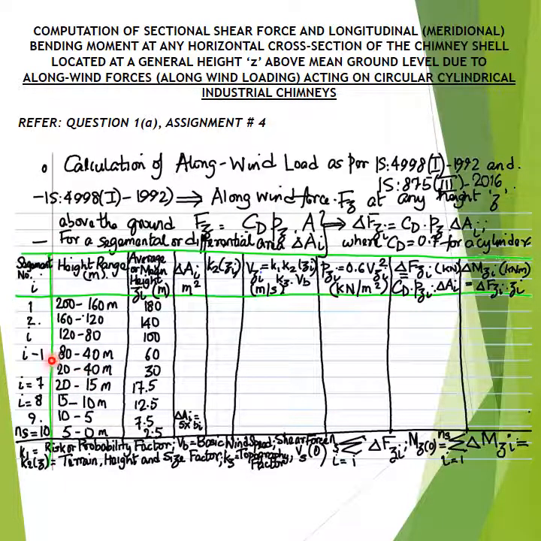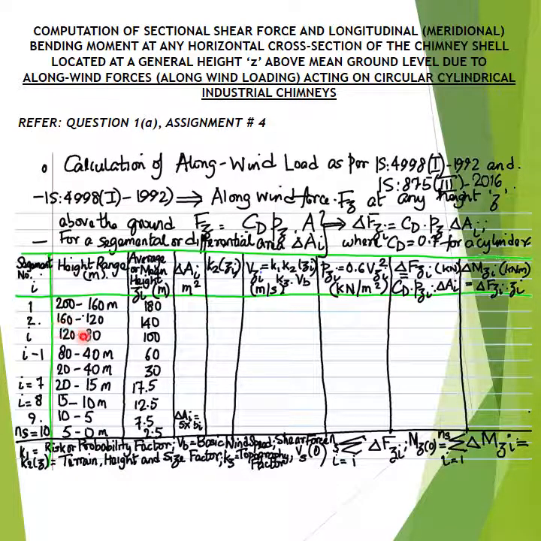For example, 0 to 5 meter, 5 to 10 meter, 10 to 15 meter, and 15 to 20 meter, since the design wind pressure or the design wind speed above the mean ground level exhibits maximum non-linearity with respect to the height up to the gradient height of